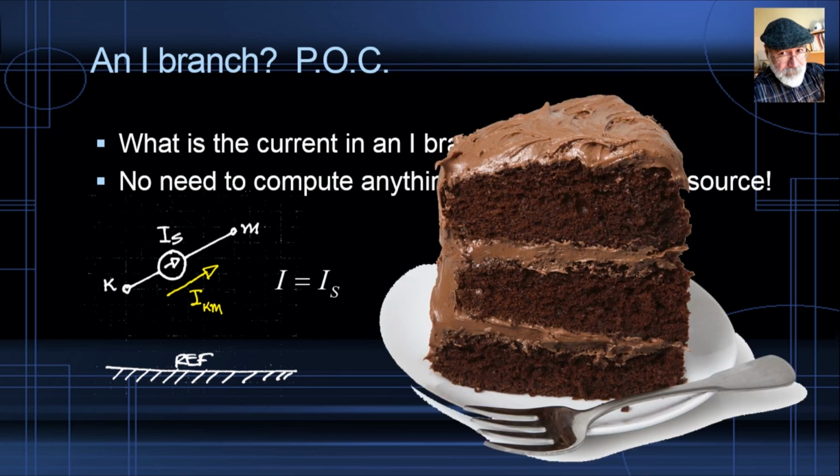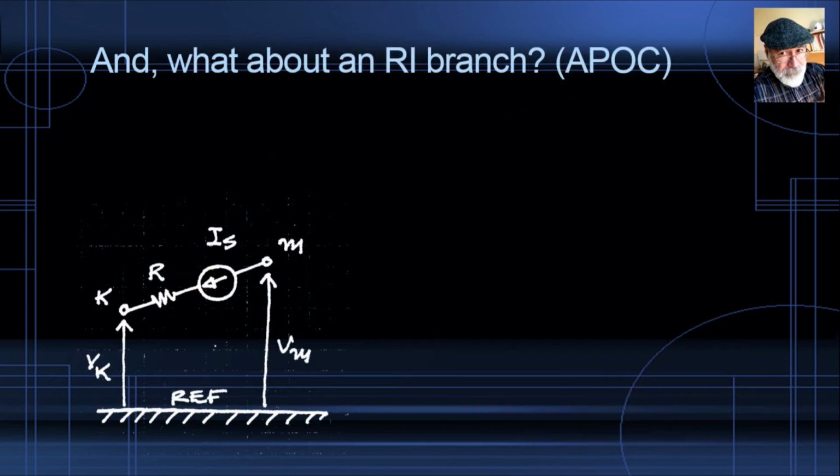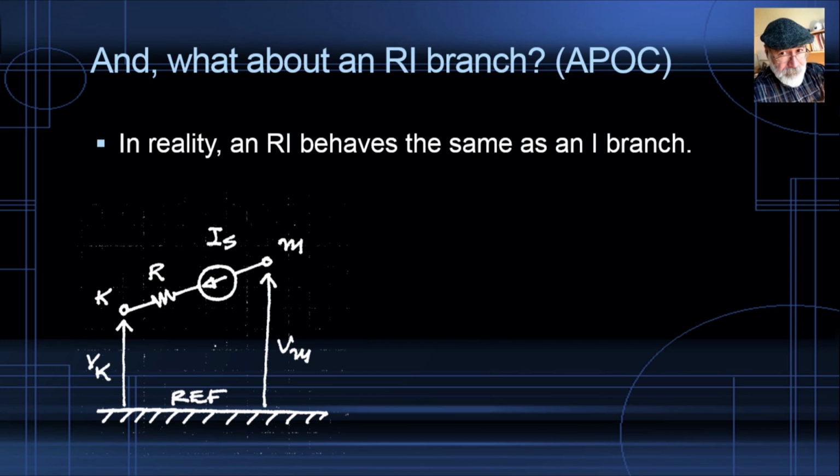Piece of cake indeed. Well, 3 branches down. R, RV, and I. The third one, which actually is the same one, an RI branch, a piece of cake. Guess? Another piece of cake. In reality, an RI branch behaves exactly like an I branch, so sometimes we think of that just as an